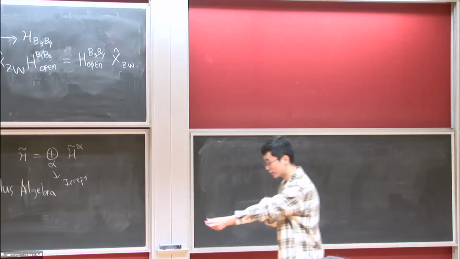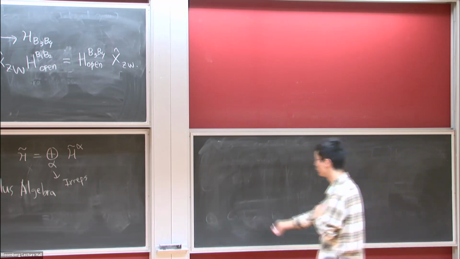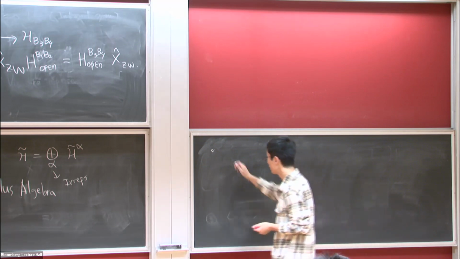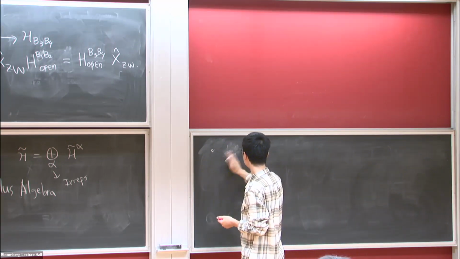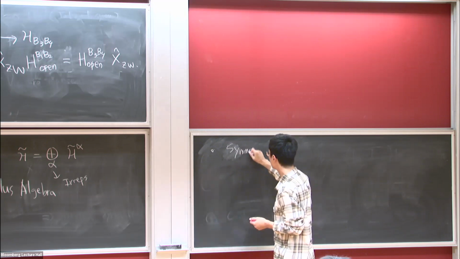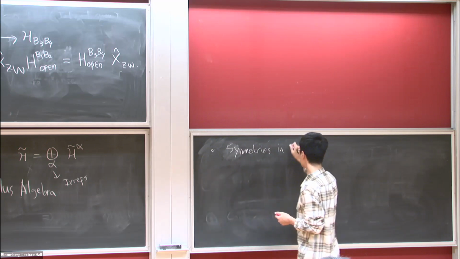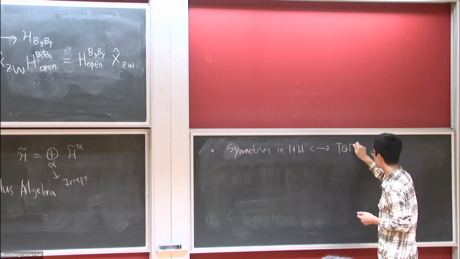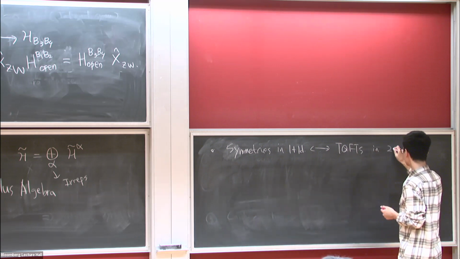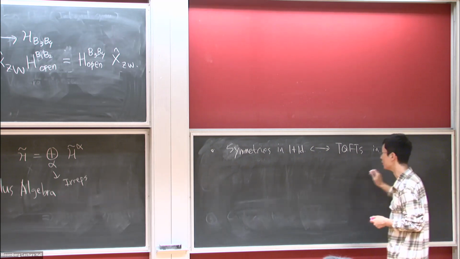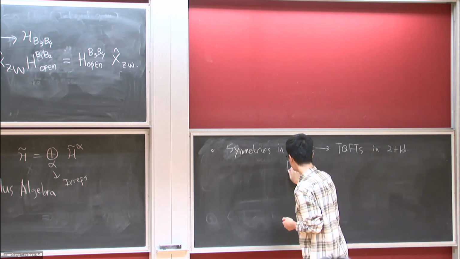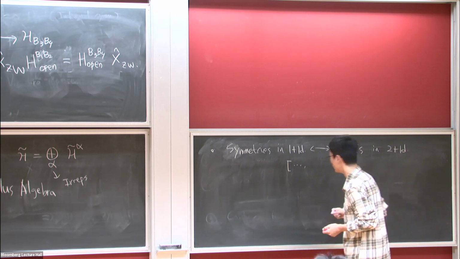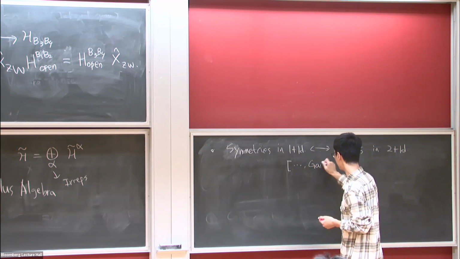To understand these representations, a very useful tool is to utilize this relation between lower-dimensional symmetries. There is an intimate relation between symmetries in 1+1D and topological field theories in 2+1D. I'm going to explain briefly in a bit. It has a long history, but in recent years it was explained, for instance, in the paper